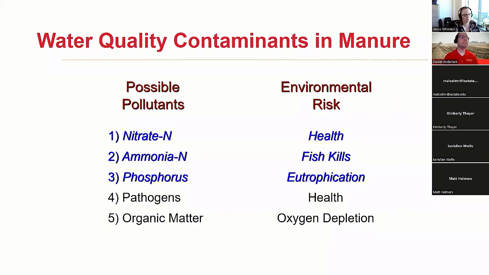So when I think about water quality contaminants in manure, some of them are unique, right? It's a manure-specific challenge, and some of them are more cropping systems fertilizer sort of ideas. The first three that I have highlighted are ones that I think about a lot: nitrate, ammonia, and phosphorus. And the truth is, when we look at manure, whether that be solid manure or liquid manure in a storage, it really doesn't have any nitrate in it at all. It's all either that ammonium form or organic nitrogen.